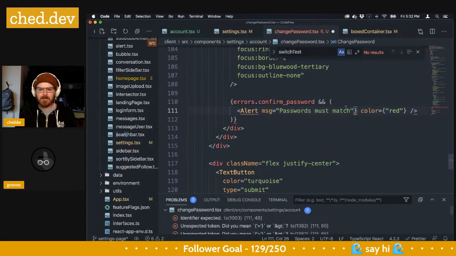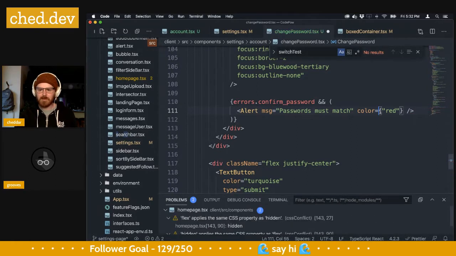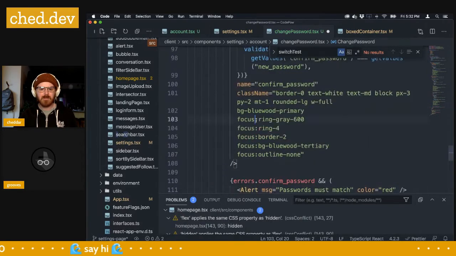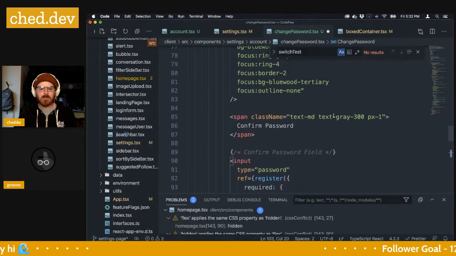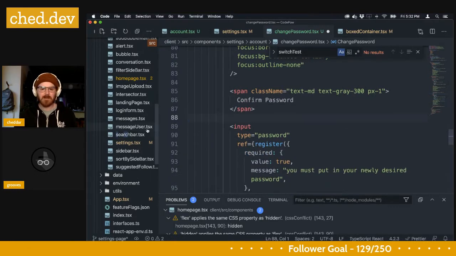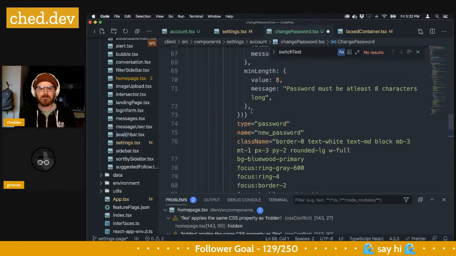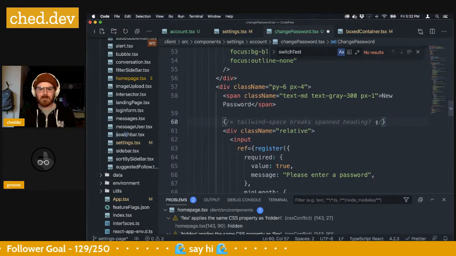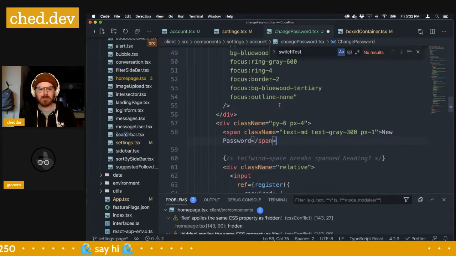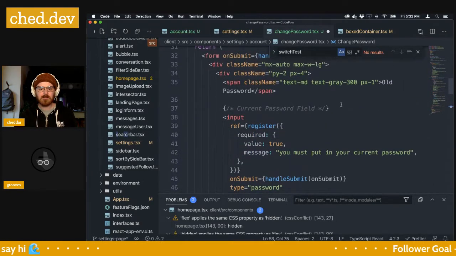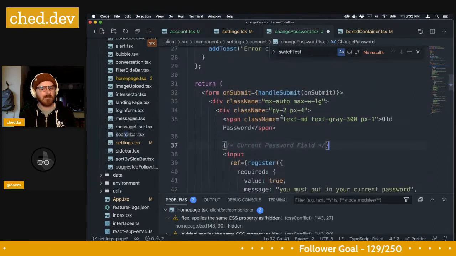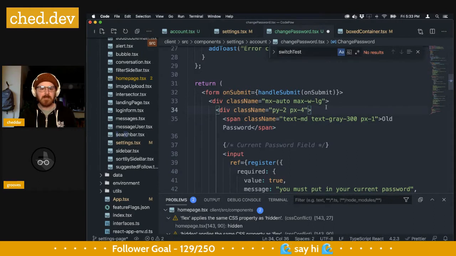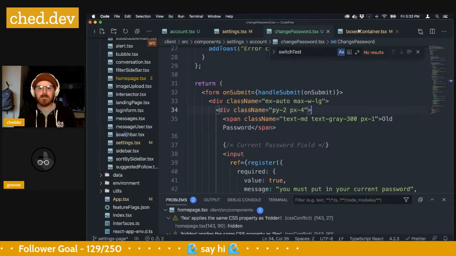Passwords must match. I hate when there's static strings passed in there too. Okay, okay. Confirm password field. I know that. I don't need you to tell me that. New password field. I know that. Expand heading. I'm not sure what that means. Current password field. Oh, I see, I see. Okay, okay. So let me save this. And let me see where we're at